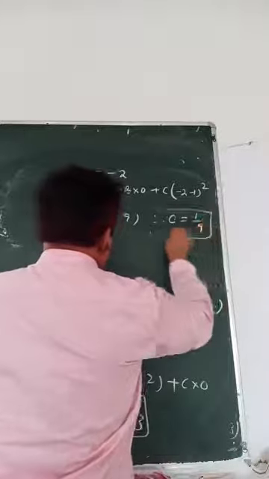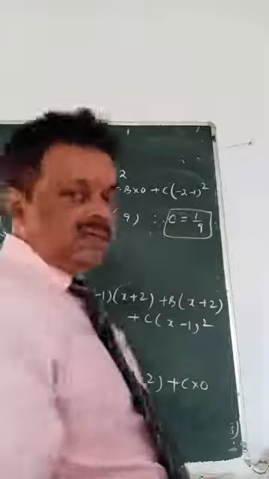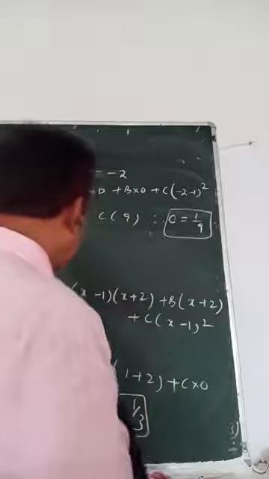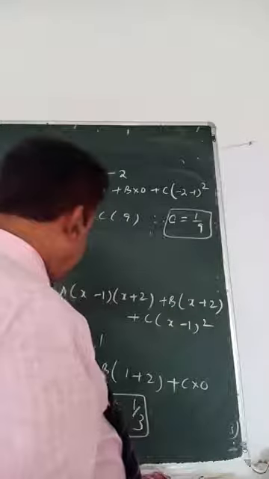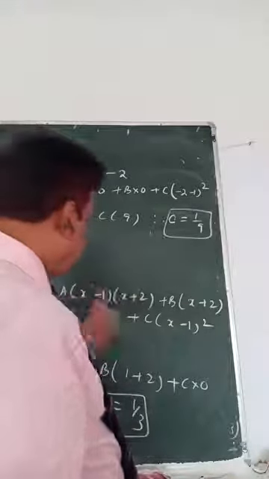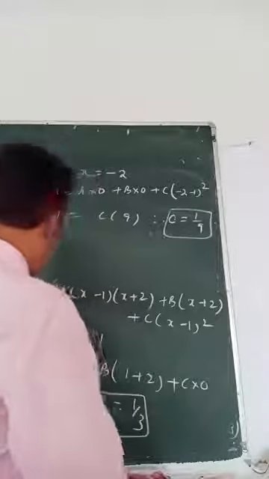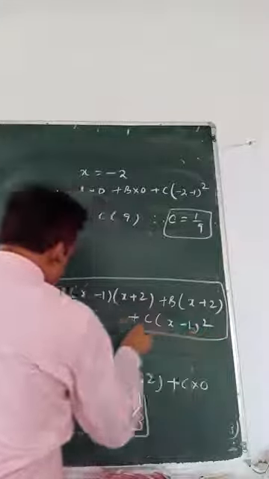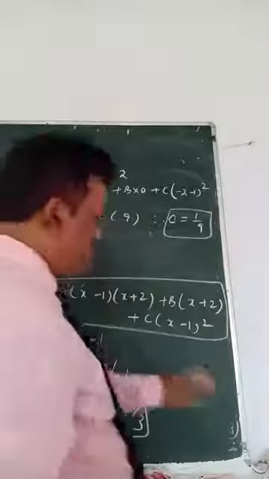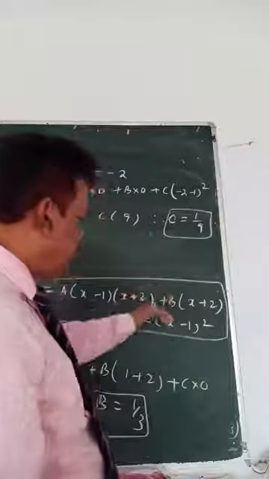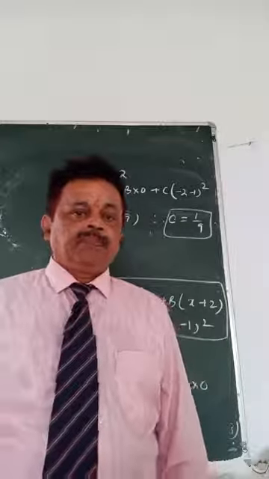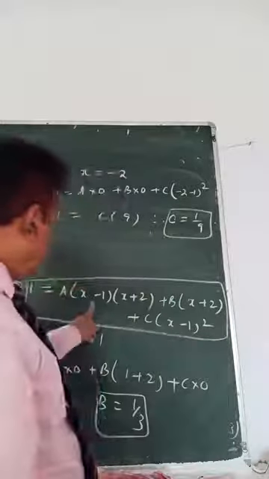Second value you got. Now the question arises how to find the third value. Because 3 constants A, B, C. Out of which you got B and C. How to get A? So for that, I am putting this one in the box. Try to understand. This is the main part. Now onwards, this part will remain important for us to find the third or fourth value. So what we'll do is to multiply this, simplify.